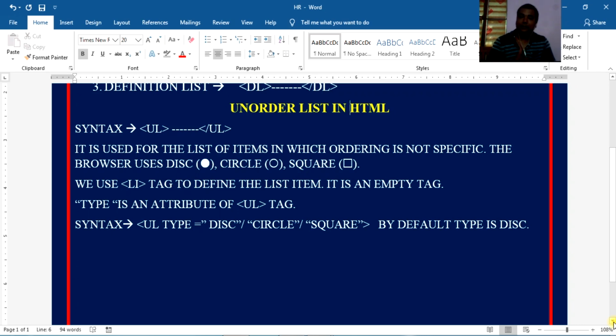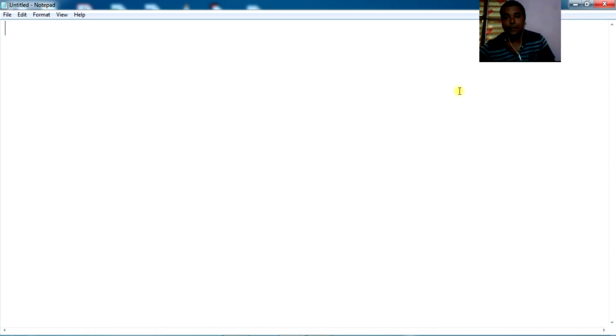So let us see in a practical way how we create a list. Let us open Notepad. You can see this is your Notepad window. Now first of all you type html. After that you type head, after that you type title.